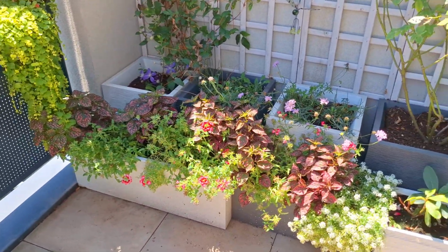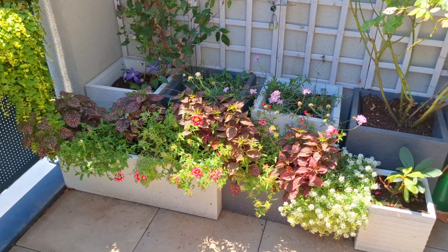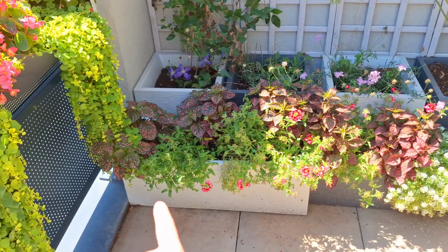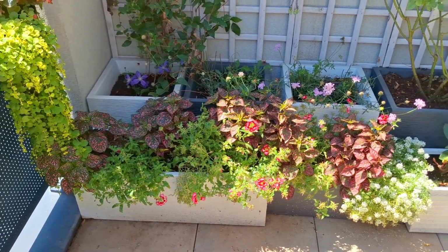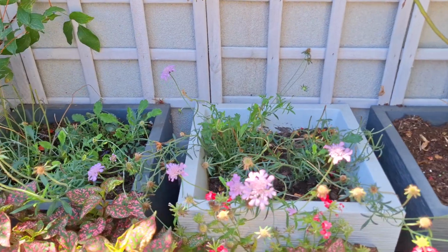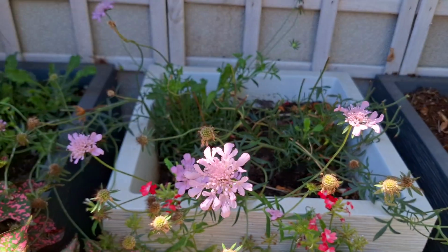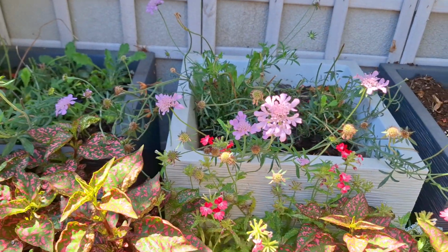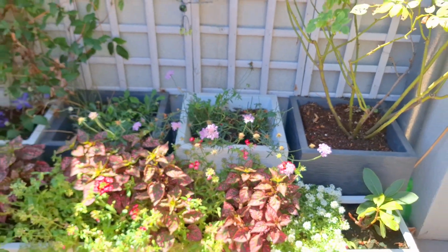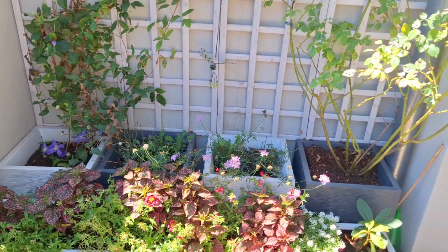You know, that's always funny how sometimes you can have a sunny balcony, but then you can have spots that are in full shade. So this was a mistake on my part, but we will trim those plants a little bit and hopefully they will bounce back. These two planters, they planted some beautiful Scabiosa by themselves. And it's not blooming super well, but that's the thing with perennial plants. You have to give them some time before they actually establish and they start to put on a